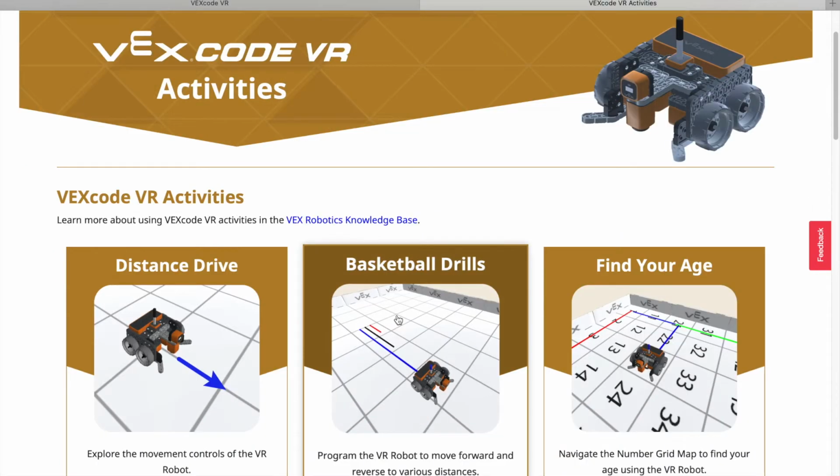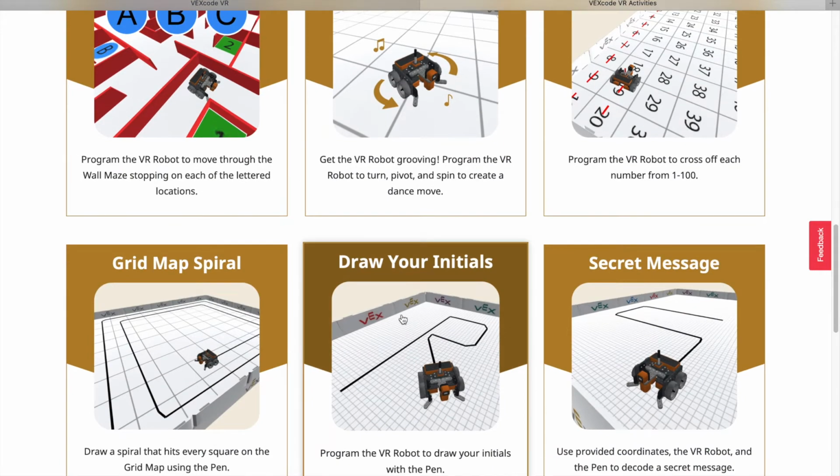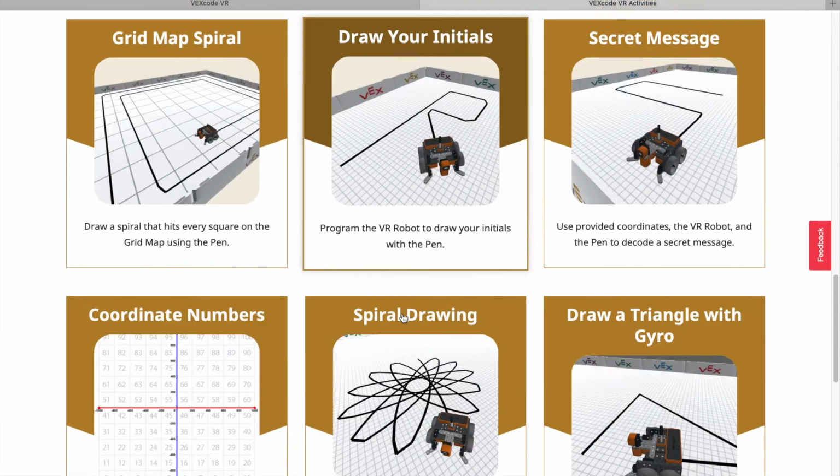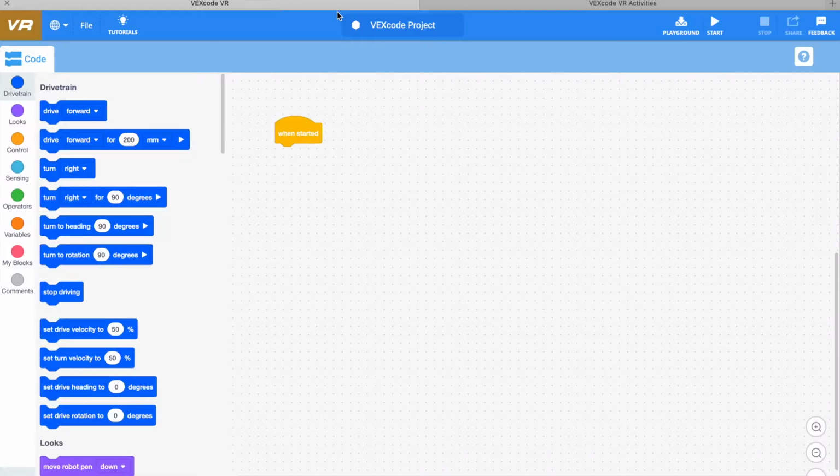There's a bunch of different activities. We're going to be doing some of these, maybe inventing some of our own. We'll see what we can do here. You're welcome to look at any of this. If you want to look at this page, it's education.vex.com. Yay! Okay, back to